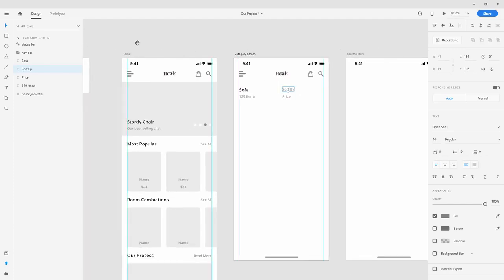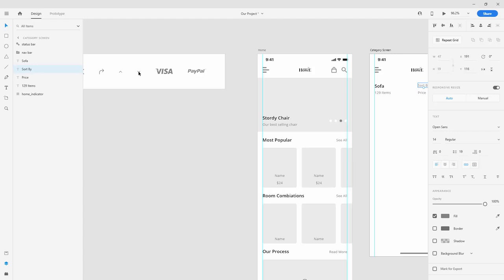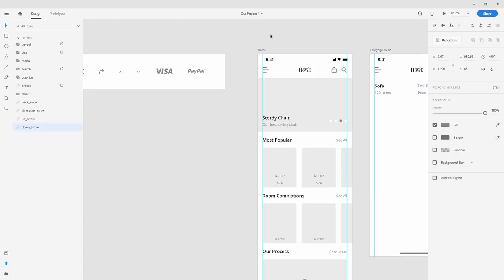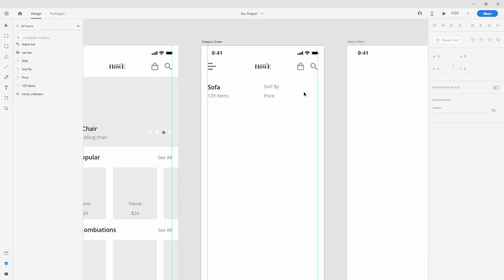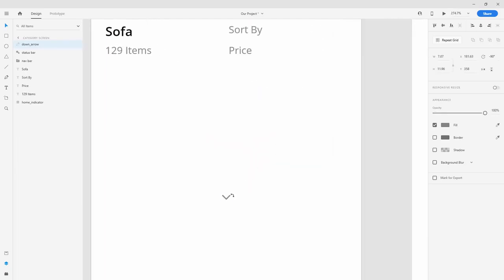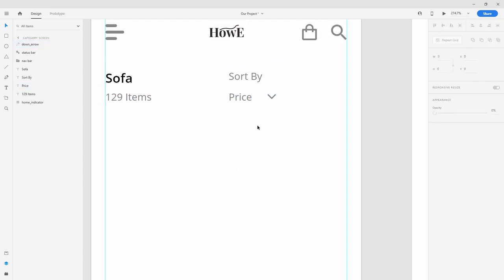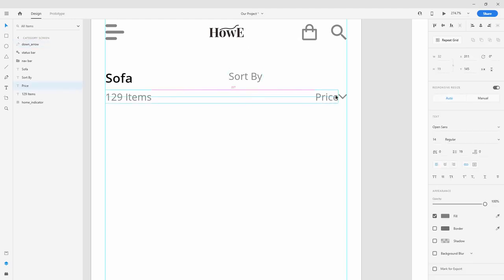And what we're going to do is select the down arrow, Control C, move right here, Control V, and we're going to position that down arrow to be aligned with our price like so, and we're going to move it until it meets with our guide. Move the price and hold shift and move it 10 pixels to the left. And then choose sort by, align it with the price like so, and once again do 10 pixels,